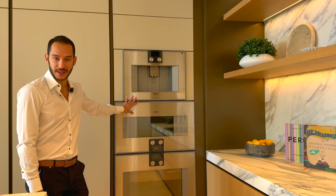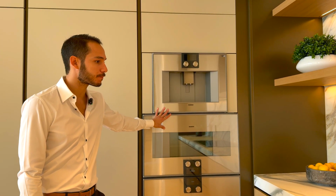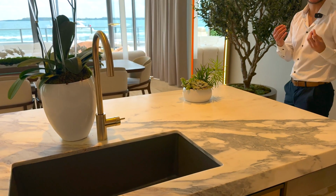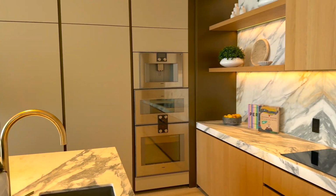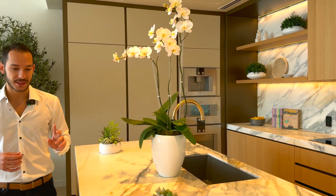Obviously, they're a very recognizable brand. They've been around for a while. And look at how beautiful the colors are. You know, everything is timeless, and you have that Asian elegance. I just love it. So now, a very important thing to note is that the developer didn't have enough space